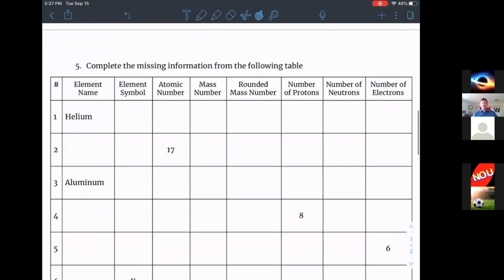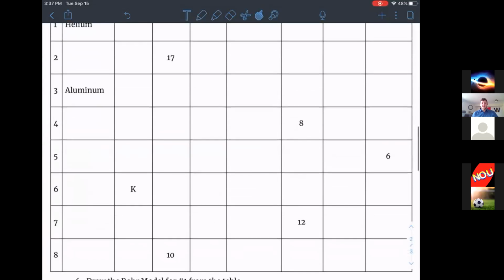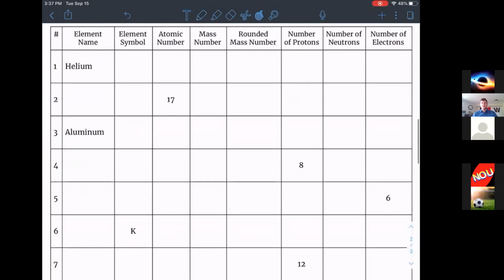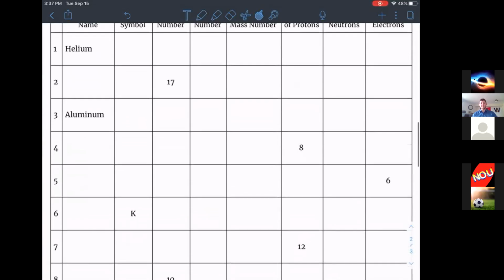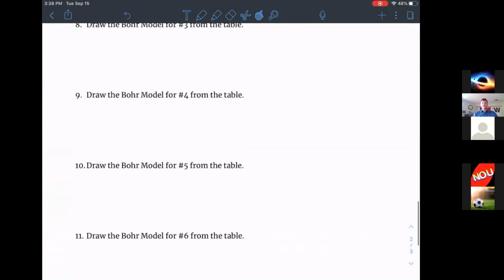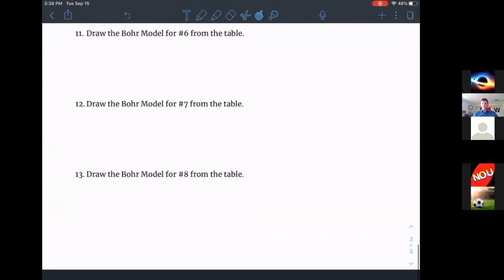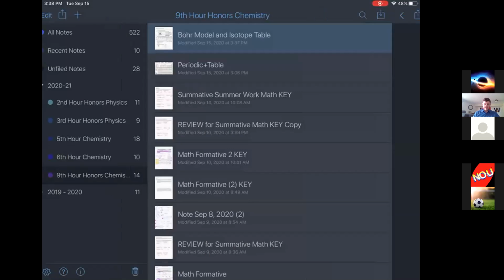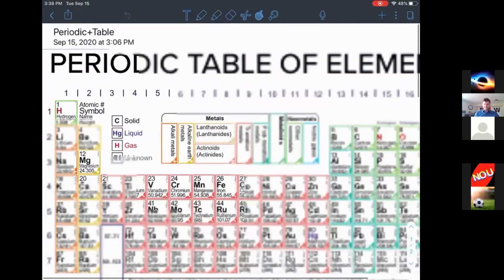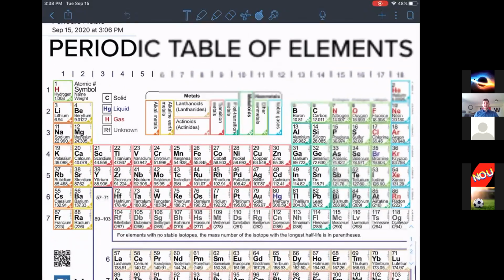So there are 8 problems for this table to fill out based off of the periodic table. And then there are Bohr models that you should be drawing for all 8 of these problems. A couple things I want to talk about from the periodic table before I let you work on your own,